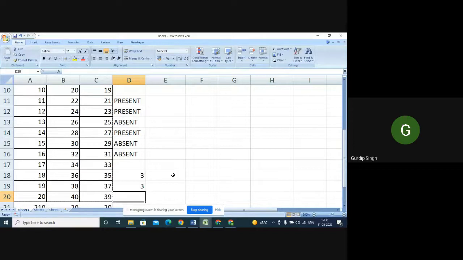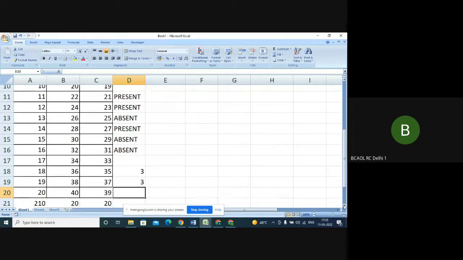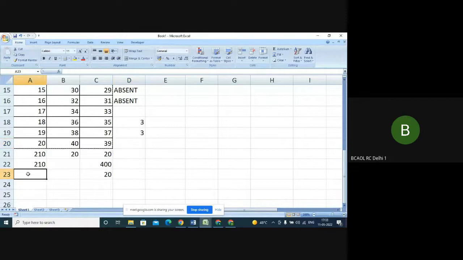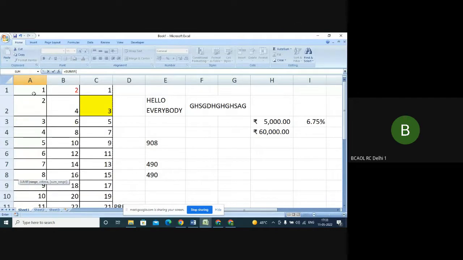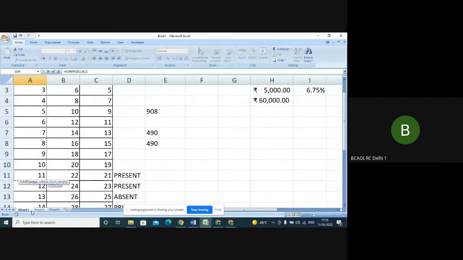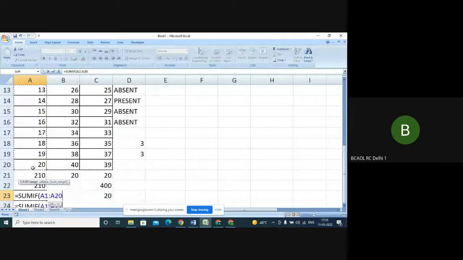Yes, ma'am. Right? Same way you can also use SUMIF. SUMIF can also be used. What SUMIF does is, you select whatever range of cells you want. Suppose you are selecting this range. So this range you have selected and then you have to give your criteria. It may be